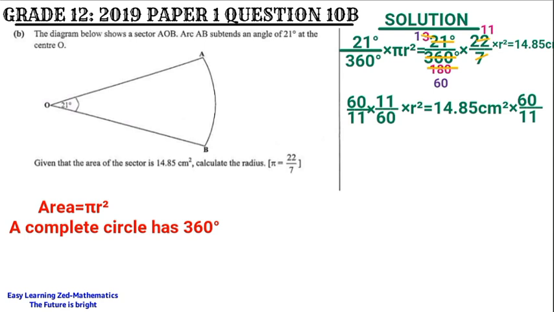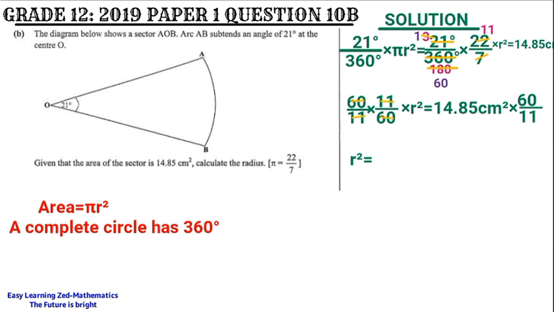So this is simply telling us that these numbers can cancel each other out. We can cancel 11 down here and 11 on top there, and we can cancel 60 on top and 60 down here. That means we are going to remain with r squared on the left side of the equal sign, which will be equal to